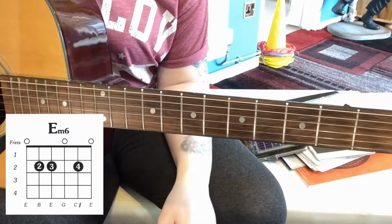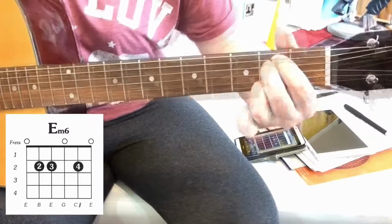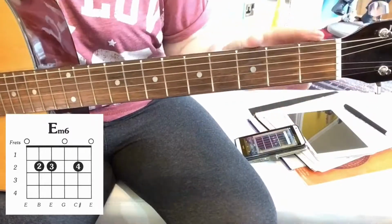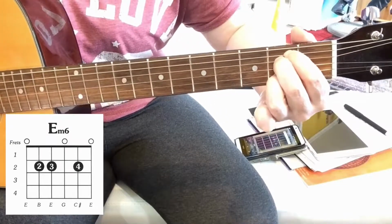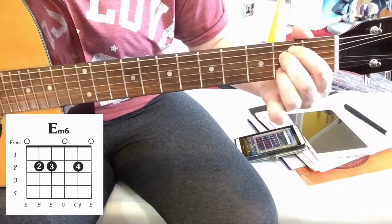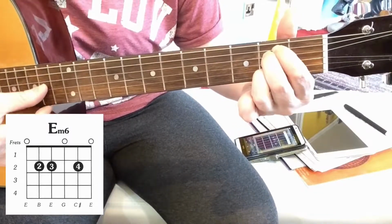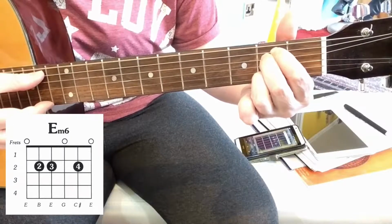Today I'm going to look at how to play an E6 chord. So the chord we're looking at today is E6, and it's very much like the A chord. You've got all them fingers in that one, your second fret of the guitar. But with the E6 now, we've got that G string ringing open. Play all the strings down, the E6, from the open E